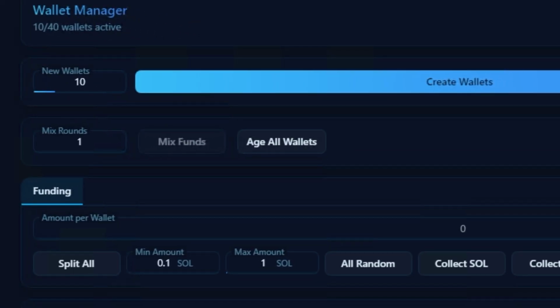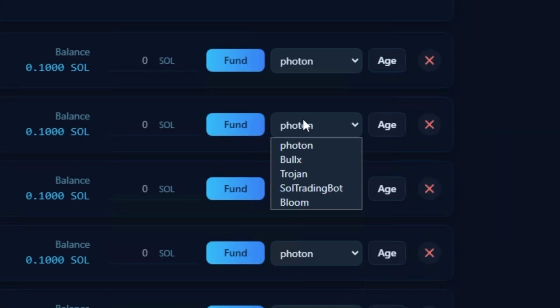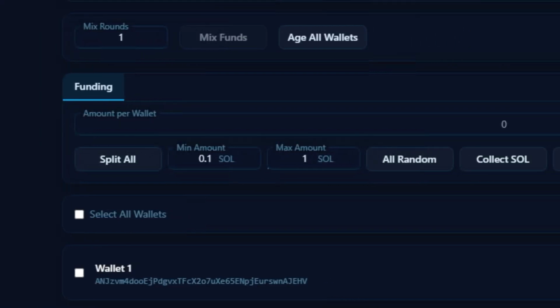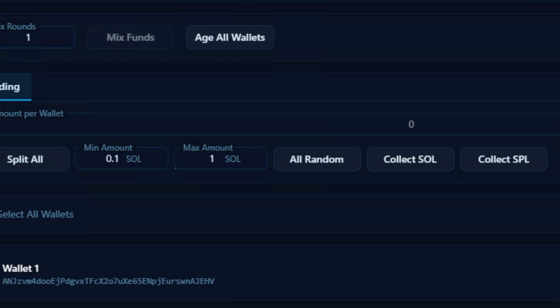Now what age all wallets does is it simulates wallet creation on platforms such as Photon, BullX, Trojan, Sol Trading Bot, and Bloom. You can also individually age each wallet. If you click split all, you can evenly distribute the entire balance of your main wallet. And the minimum and maximum amount is for all random. What all random does is it randomly distributes SOL to each wallet, and you can just set the parameters for